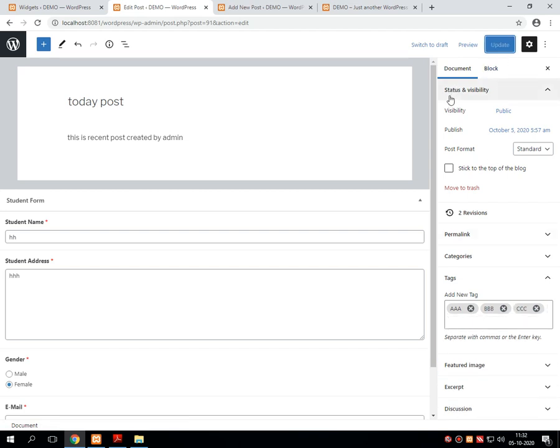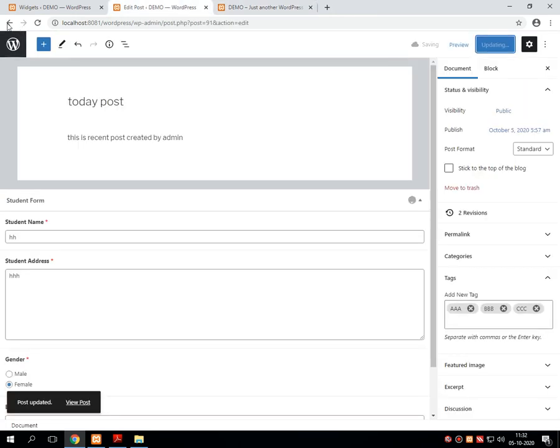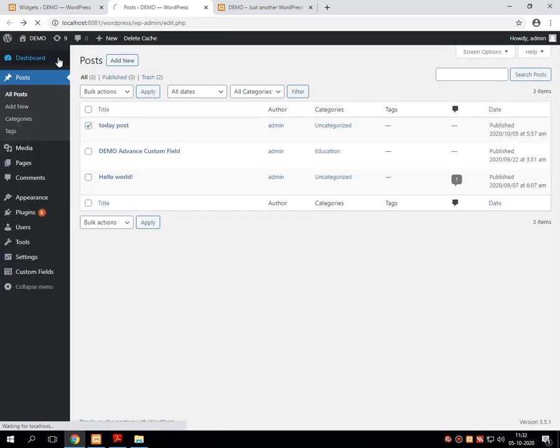I am updating this post. Once the update is done, I have to go back into the listing of posts and refresh the page. Here 3 tags will be displayed, whatever I have given.